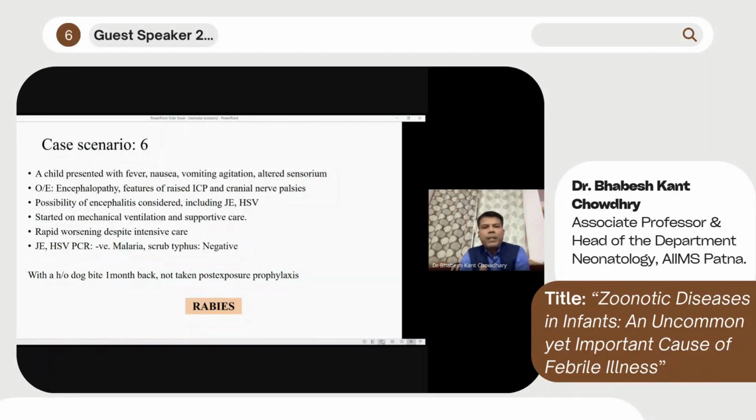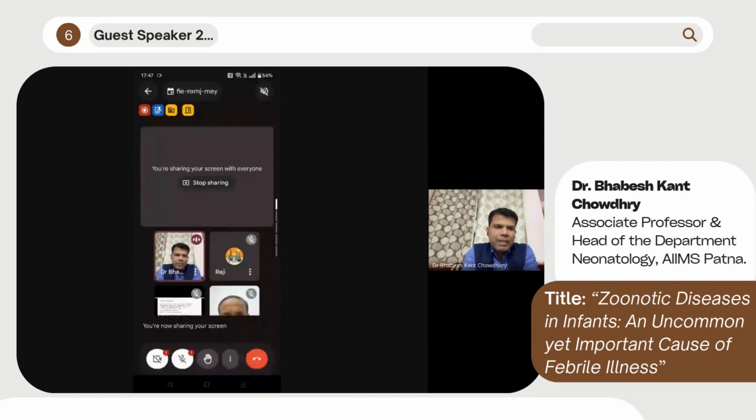Pre-exposure vaccination is also there, which is mainly important for persons who work in a lab or veterinary doctors. At the same time, for common people, after exposure we can give the rabies vaccine, which can be given on day 0, 3, 7, 14, and 28, through which we can prevent this disease. But once this disease is happening,